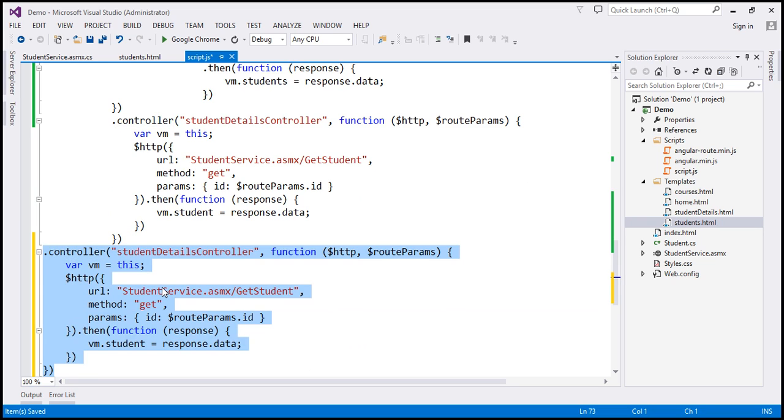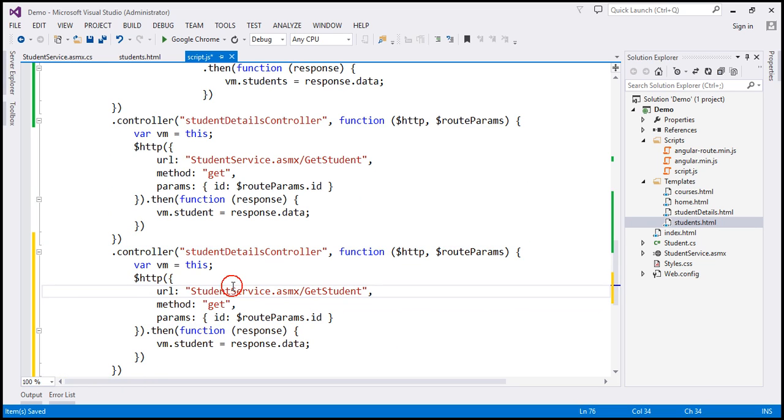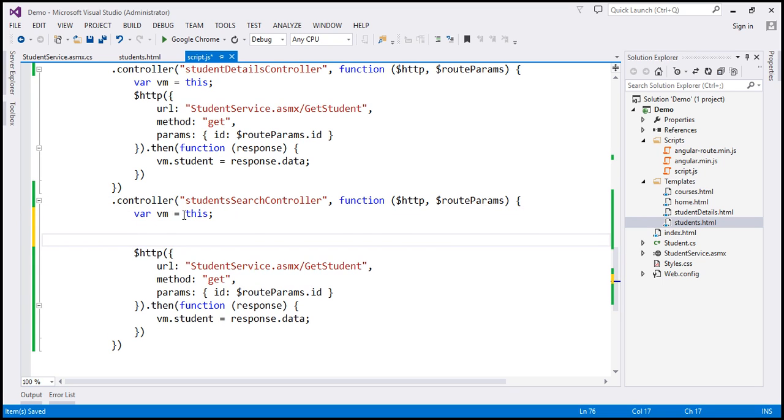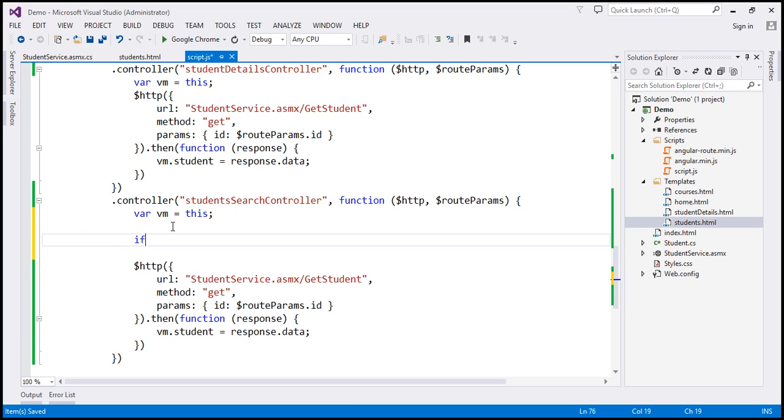And first of all, let's format this code. The name of our controller is going to be students search controller. That's the name of our function, and we still want HTTP service and route params service. What we are going to do here first is create a view model object, initialize that with an instance of this controller, and then we're going to check